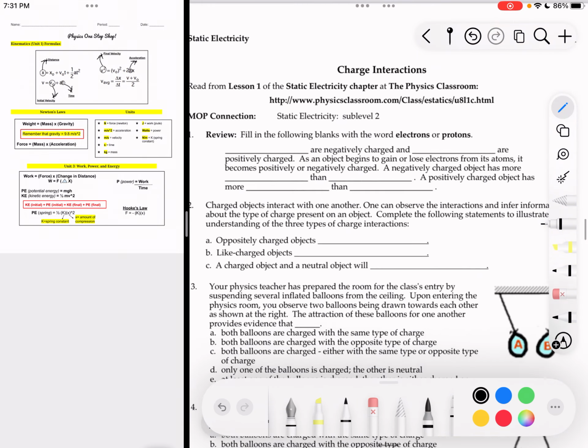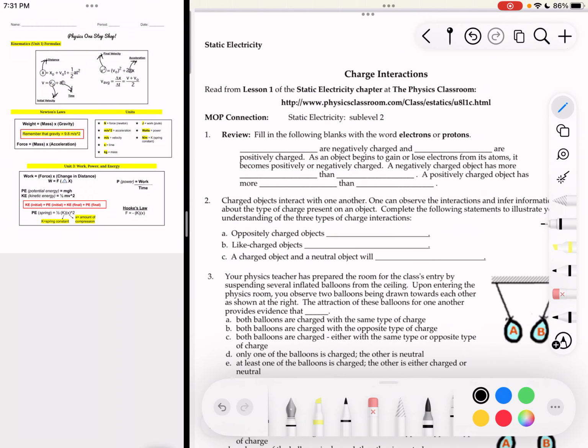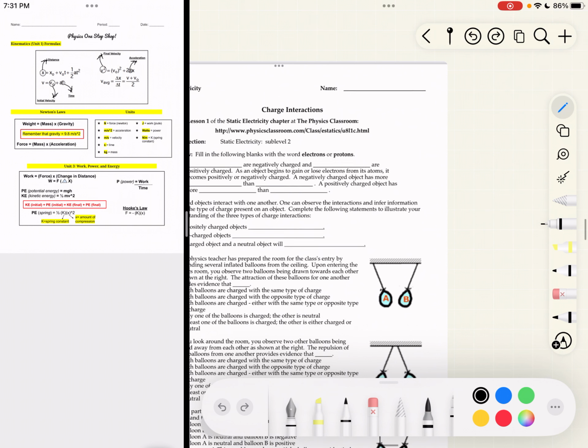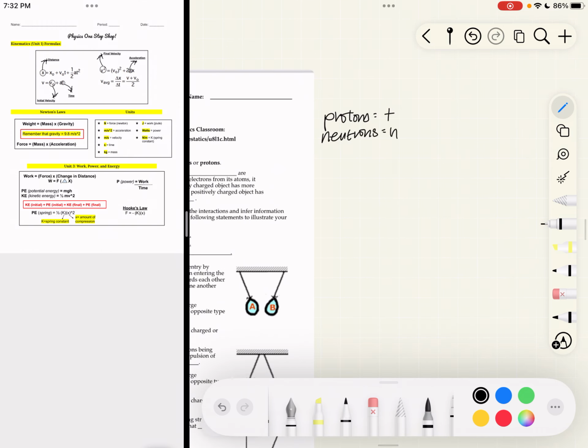Okay, so let's look at number 1. It says fill in the following blanks with the words electrons or protons. So we already know from our review the other day that an atom has a proton and a neutron, and then it has an electron, right? So protons are positive, neutrons are neutral, and electrons